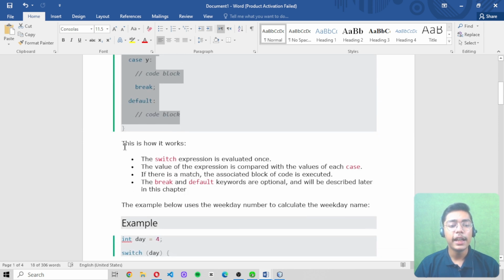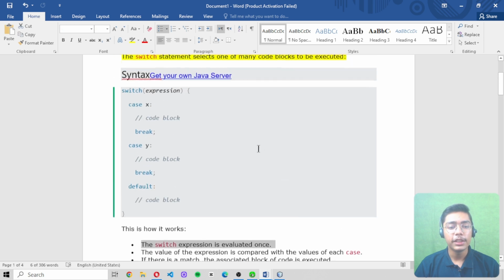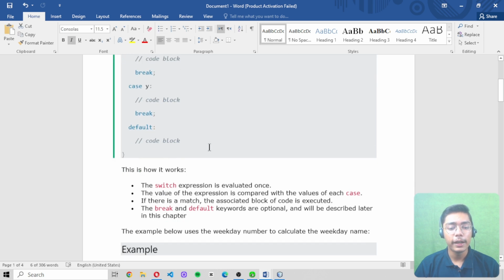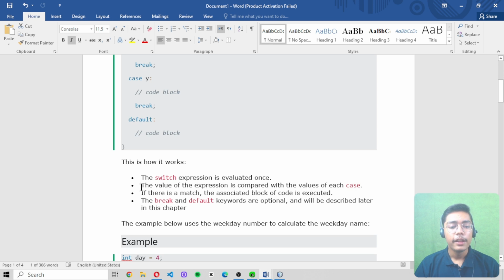So the thing is that now we need to understand how these things work. The switch expression is evaluated once. The switch expression which we are writing here in this bracket will be evaluated once. The value of the expression is compared with the value of each case. If there is a match, the associated block of code is executed, and the break and default keywords are optional and will be described later in